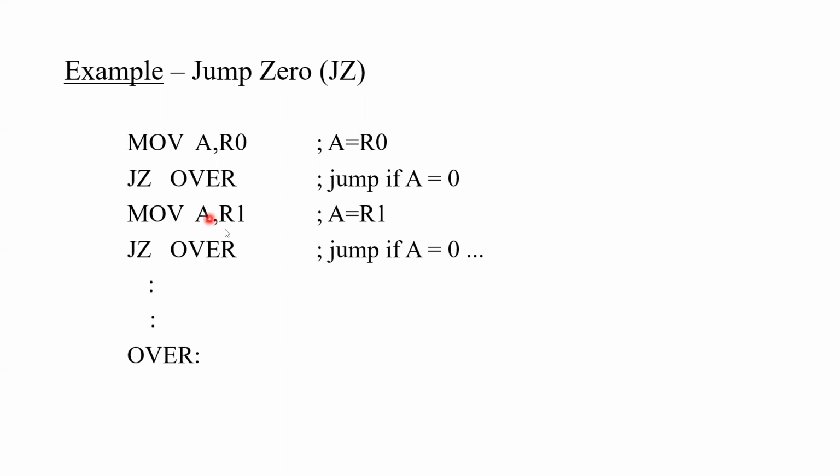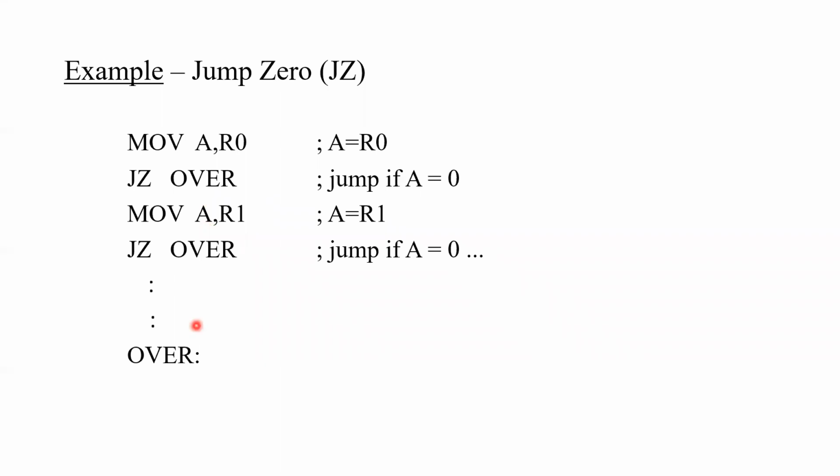Move A comma R1 there, right? Now if you see this one, this is the pseudo assembly code we have in front of us. When we write this program and run it, in the code memory all these instructions are replaced with an opcode, and all these labels are replaced with a number, so that the processor knows how to calculate the relative address there, right?